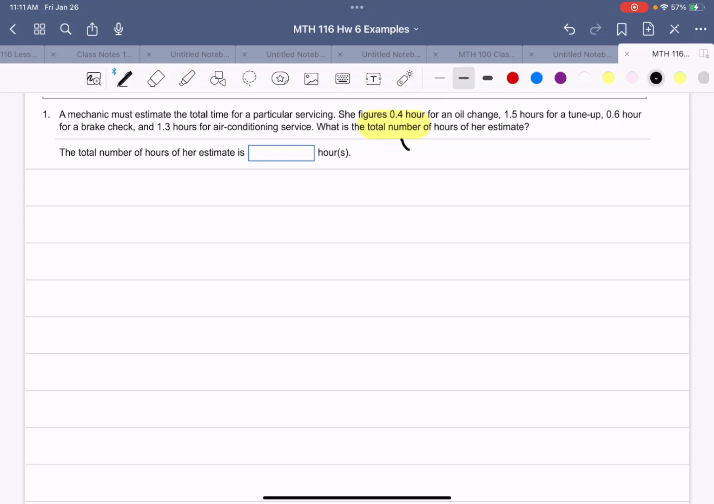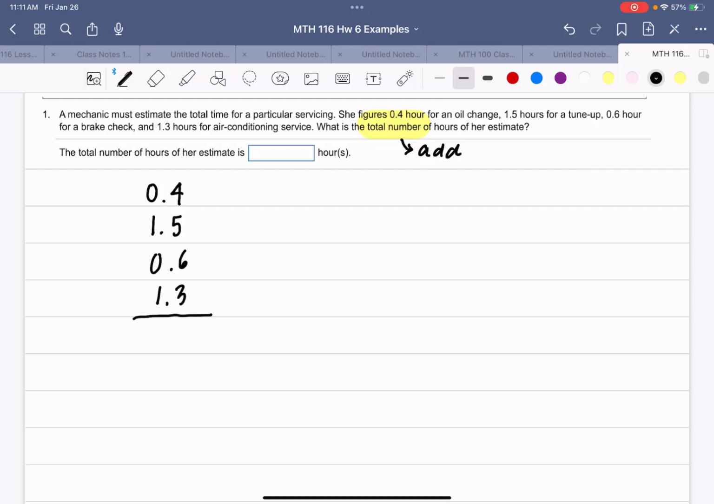So this is telling us we're going to need to add. And when we add decimals, all we have to do is line up the decimal points. That's getting a common denominator. Like when we have fractions and we have to get a common denominator, well, lining up decimal points is getting the common denominator. So I'm going to take these four amounts, 0.4, 1.5, 0.6, and 1.3, and I'm going to